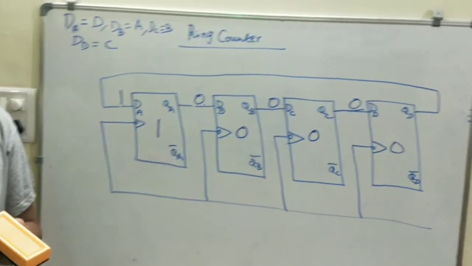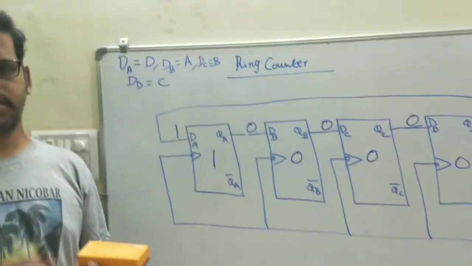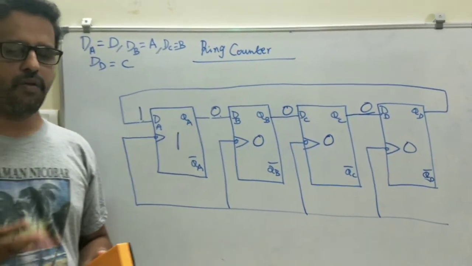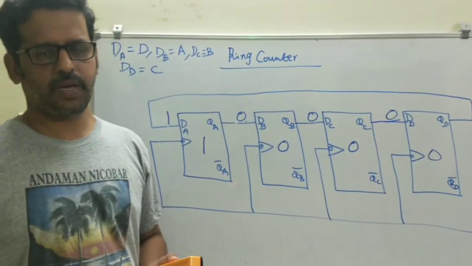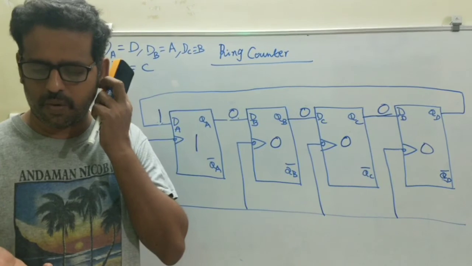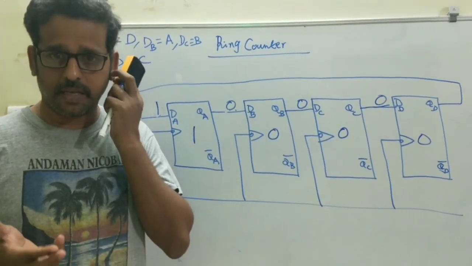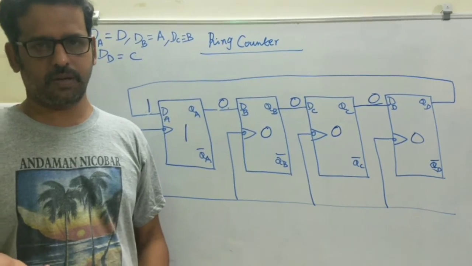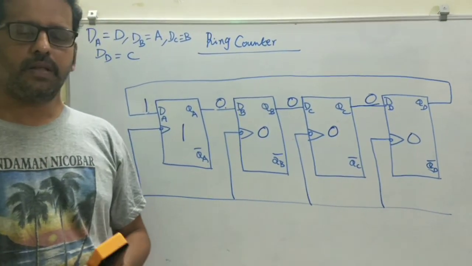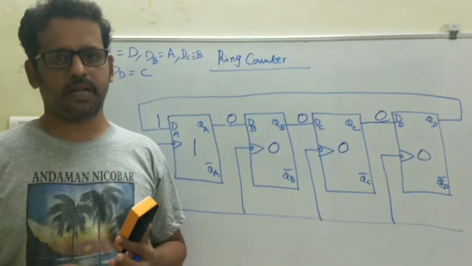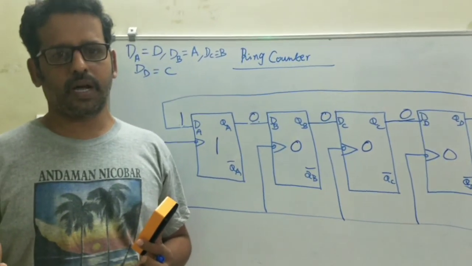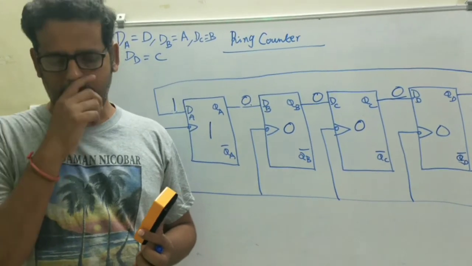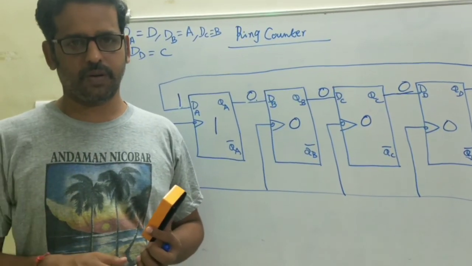Simply we can say that the series would be repeating for every 4 clock cycles. We can simply define the ring counter as that: the sequence would be repeated for every 4 clock cycles. The other counter is called a twisted ring counter, otherwise known as the Johnson counter. I left it as an exercise for you. Okay. Thank you.